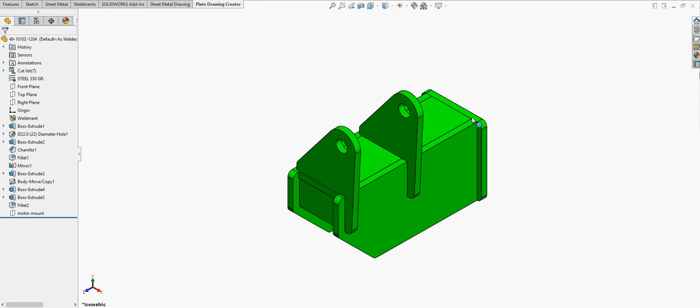We have developed another functionality called plate creator. What this functionality does is, typically for a weldment part, many of the times we get geometry which we call a plate. The normal terminology used is plate, but in terms of geometry there is no such thing as a plate. So on a given multi-body weldment part, it will find out